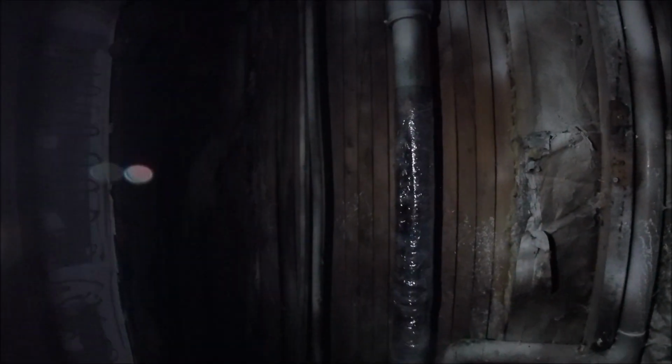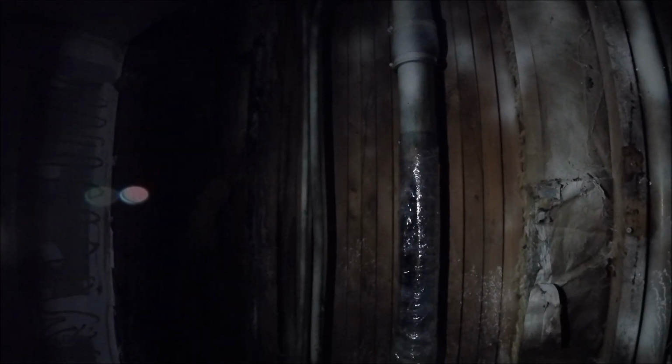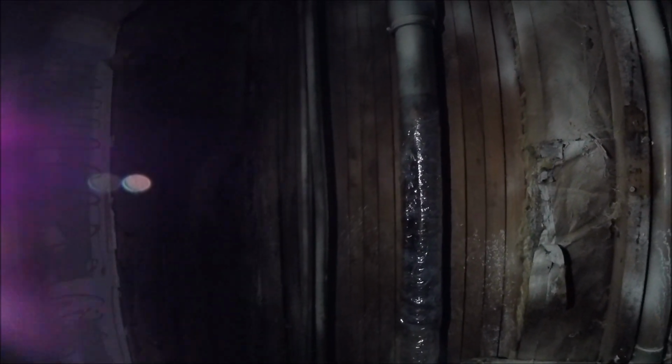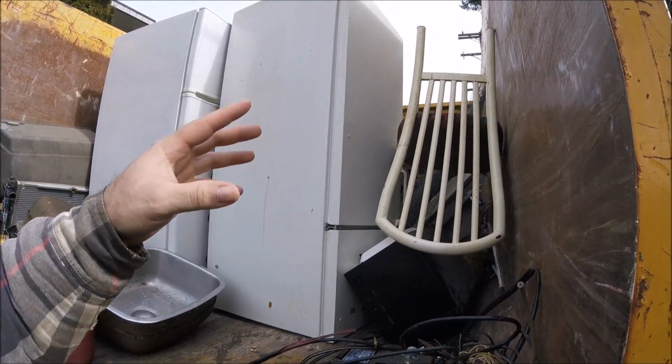Anyways, I want to show you that. It was actually more dramatic. It was actually leaking the other day. I just told the lady, the landlord, you better do something about it here. So they ended up taping it. It's just putting a band-aid over a leaky pipe. Hard to believe. Anyways, I'll show you my scrap pile. Stand by. Okay, out of the building, we got all the metal here, all the fridges, appliances, and metal and